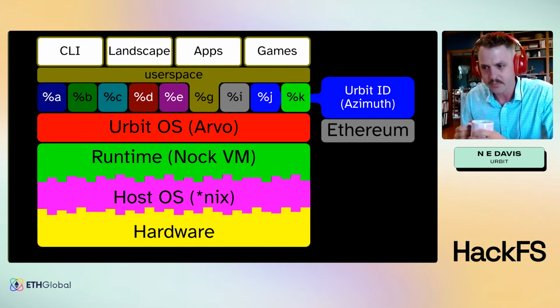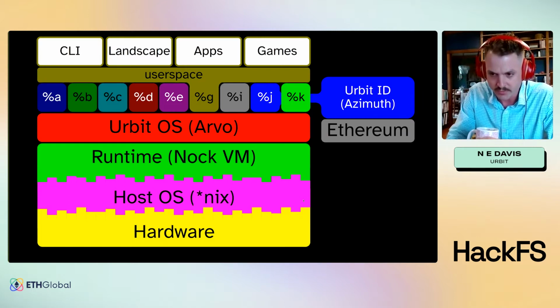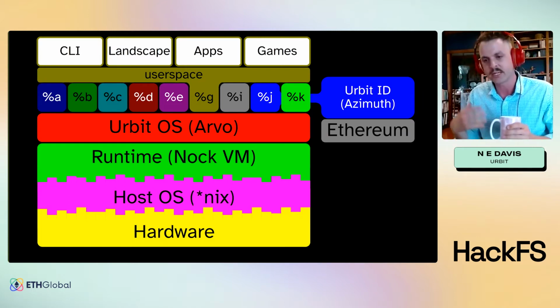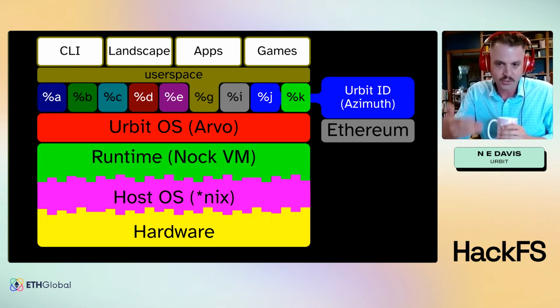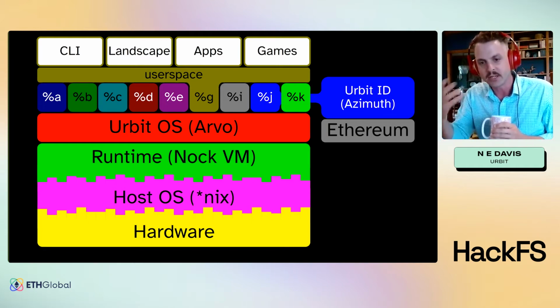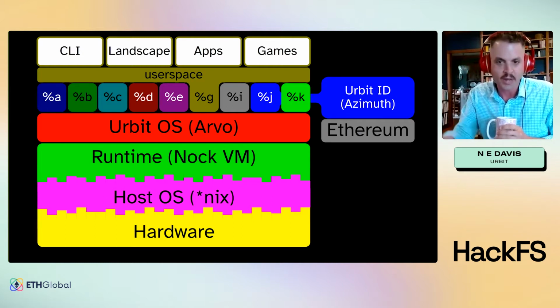which is bootstrapped on Ethereum. And so you're able to pull the state and understand the cryptographic state of your own identity and the cryptographic state of any other Urbit instances that you are interacting with on the network. And then on top of the G, the user space vein, this is where everything that a user does is interacted with as they do things on the system.